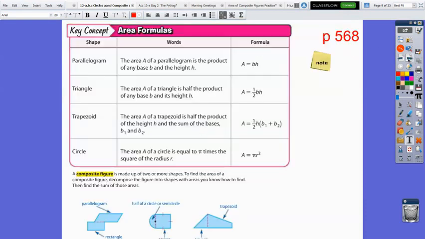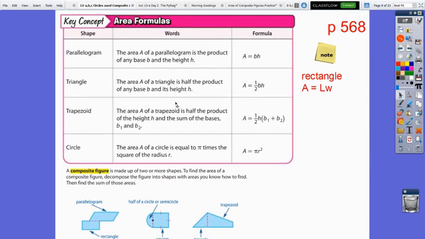All right, now that we've reviewed the area of circles and semicircles, we can now look at combining these shapes together. So we're going to combine circles or semicircles together with other shapes that you learned last year. The parallelogram, the triangle, trapezoid, and a rectangle, of course, which isn't listed here. But the area of a rectangle is, of course, length times width. So your most common area formula. So you have this on the notes page that was provided earlier, especially for the trapezoid formula or to remember